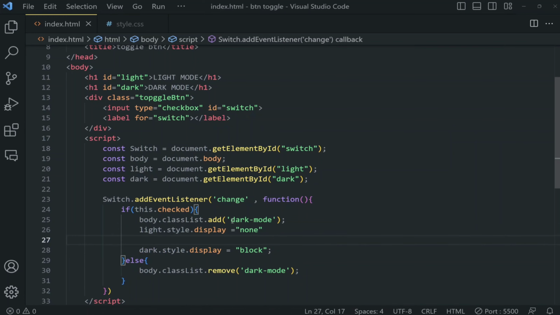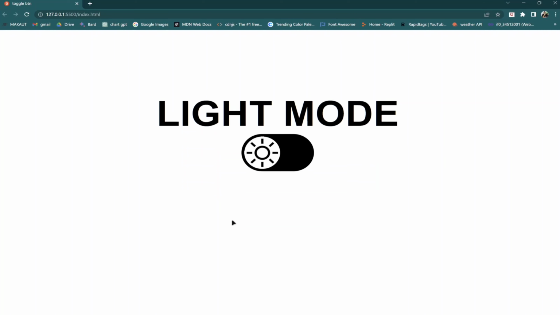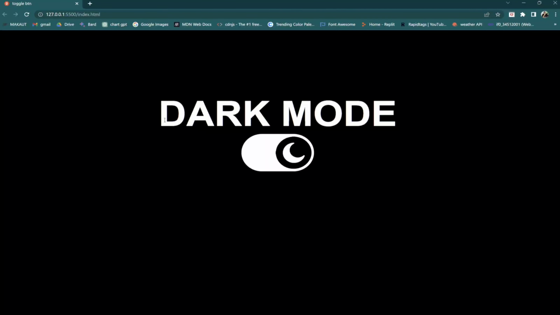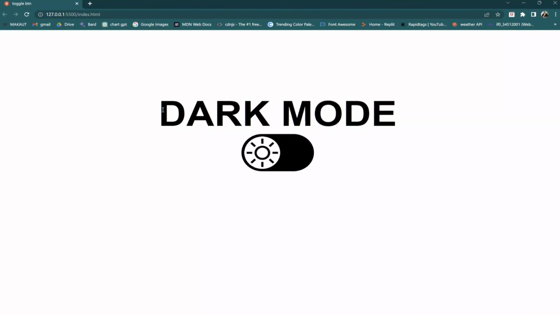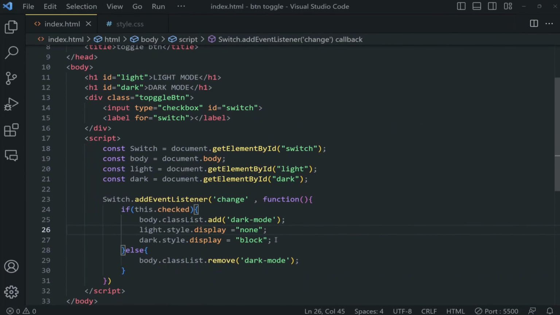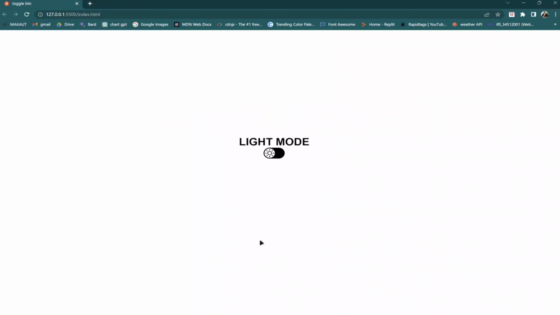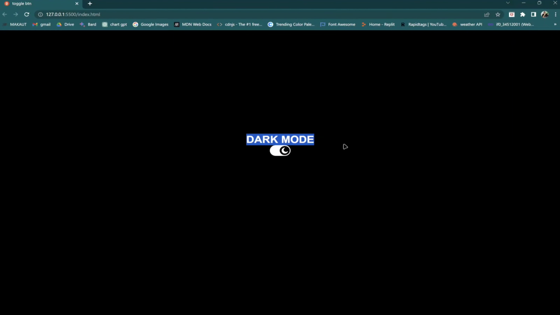Okay, see our website. When I click over here, the text will be changed from light mode to dark mode. But when I click this, the dark mode is still over here, so I need to change it. Okay, so copy this, and in the else condition we paste it here, and we set block and none. Now we see, when I click over here, the dark mode is enabled and the text